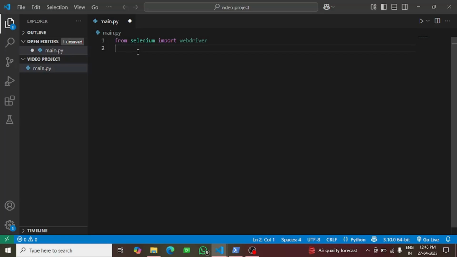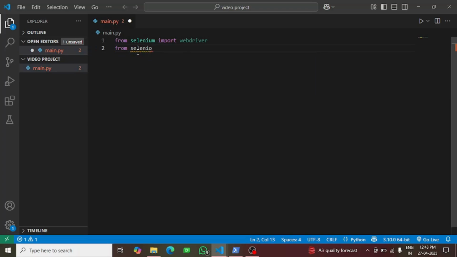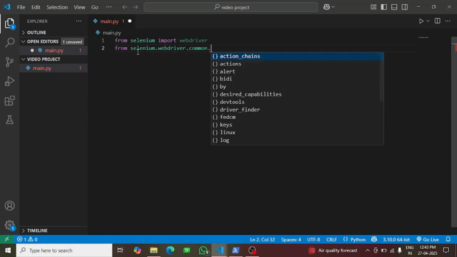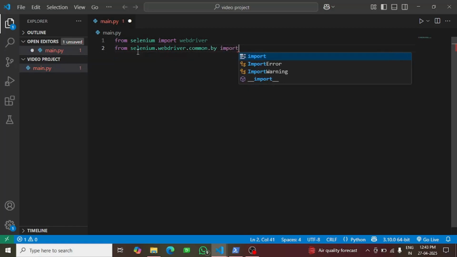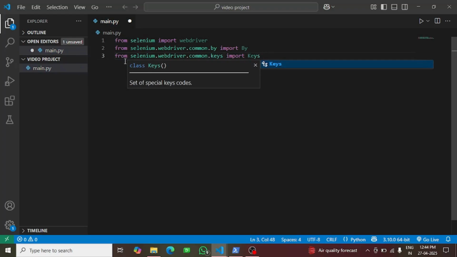Also, from selenium.webdriver.common.by we'll import By, and again from selenium.webdriver.common we'll import Keys as well, and we also import